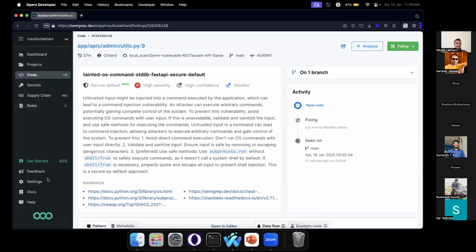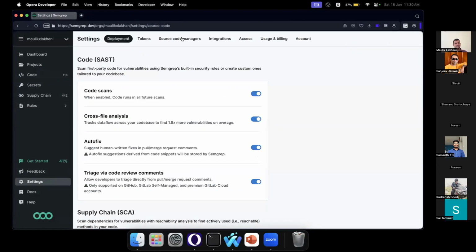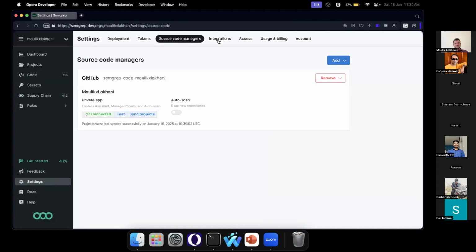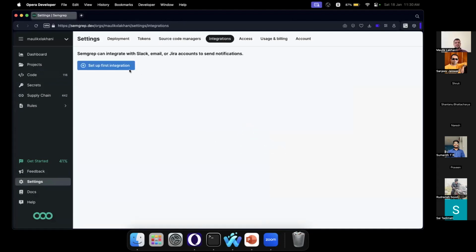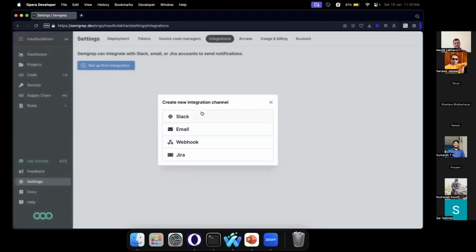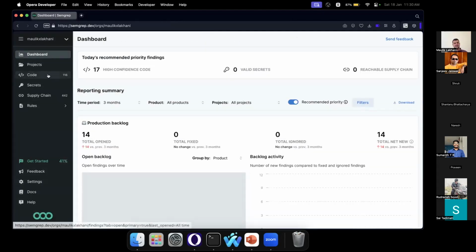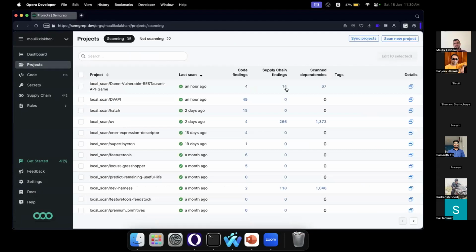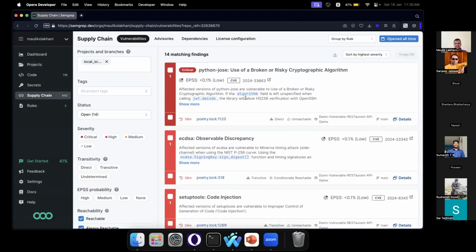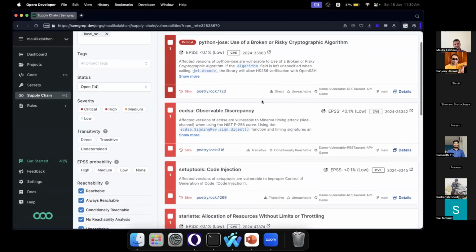Right? And then you can also connect your Jira as well, because since you are in a workflow, you can connect your Jira here itself. You can connect your Slack, you can connect the Jira, and whenever there is a security issue, you can have that. Same way, you can have supply chain findings if your backend service is using some dependencies or some third party library packages. And if those have a CVE or some security issue, those will come here.